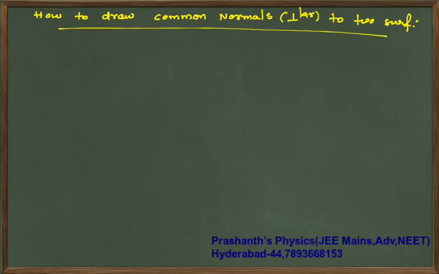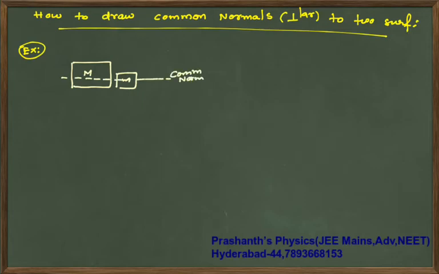So let us start with an example. While I give the question, you can guess it. My first example is this. You have a smaller block and a bigger block. Now the direction of the common normal to both will be this way. This is your common normal. Just keep guessing. Number 2, you have a surface like this and one more surface like this. How is your common normal? Just try to draw it.